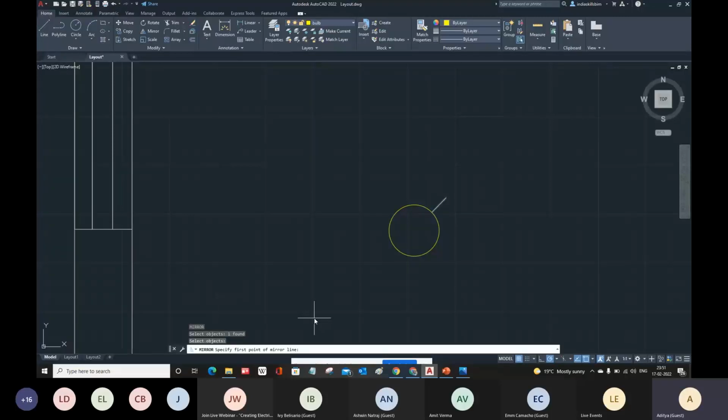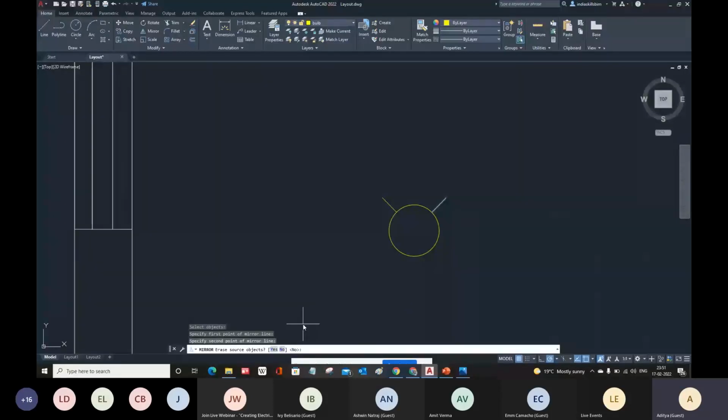So I can specify the first quadrant at 90 degree and the other quadrant at 270 degree. Click. And after specifying the first and second point for the mirror line, the software will ask you whether you want to erase the source object, and there are two options, yes or no. There is a less than greater than sign, and this is specifying no. That means this is the default value, because when you are trying to mirror anything, the default approach is always not to erase the source object. So here again I don't want to erase the source object, I want to keep both.